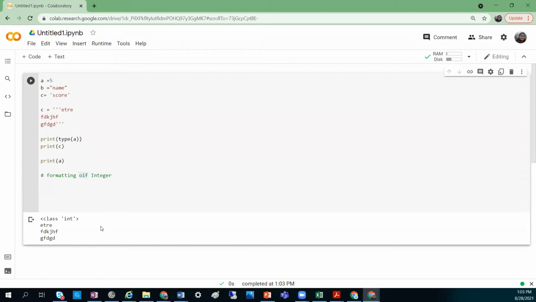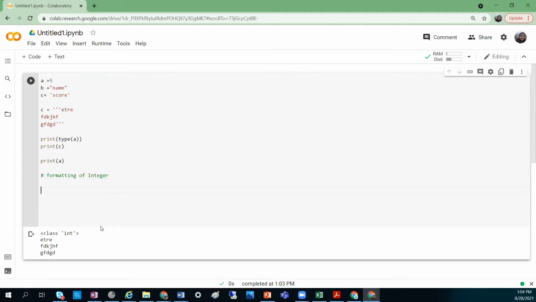So what is formatting? In some cases, you'll want to print a score sheet of everyone, where you want to show that your marks are like 85%. In other cases, say you are doing a grocery program, and you want to round up the decimal. You want the numbers to be rounded to 2 decimals, you don't want to round it to 5 or 6 decimals. Those are all called formatting of numbers. So formatting of integers. One way to format is,